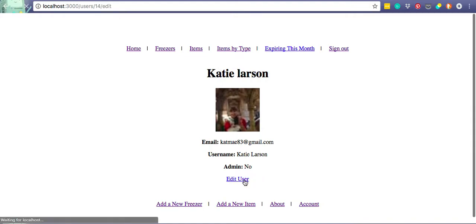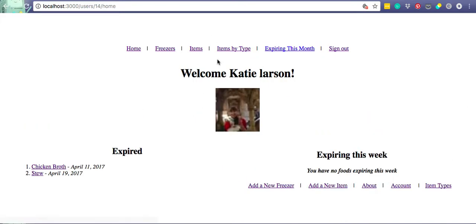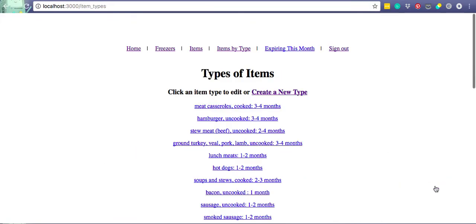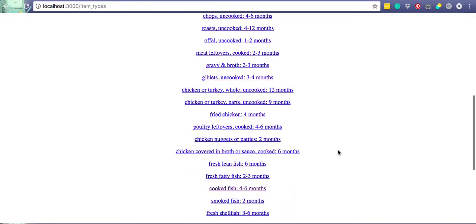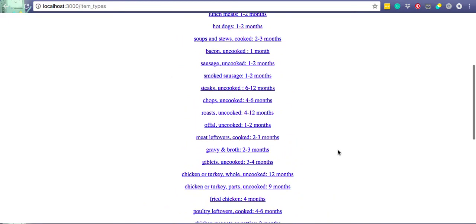I'm going to go ahead and edit our user so that we can be an admin. Right there, and you can see you can have any kind of image, whatever you want. So now I'm an admin and I actually have another option here. I used Pundit to do the authorizations. So this is a list of all the different types of food that are possible, again from the FDA, because